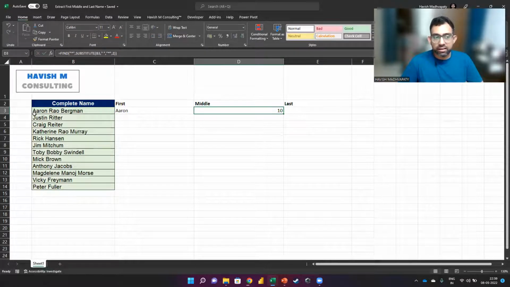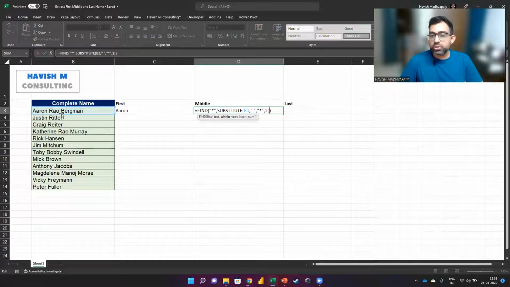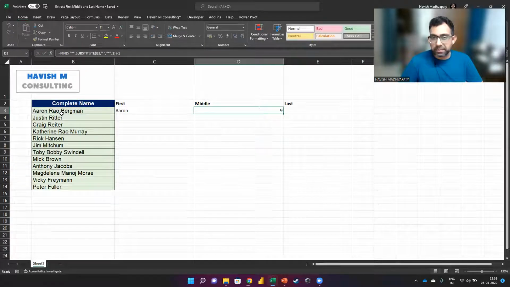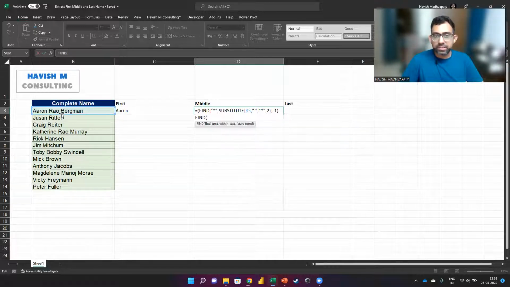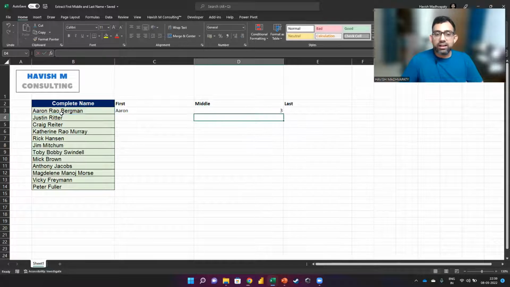The logic is that we have AARON, that would be 5 characters. The space is the sixth character. Then we have RAO, that is 7, 8, 9. And the original space that we converted into an asterisk becomes the 10th character. What we want to do now is to also do a -1 so that we get 9. And from this 9, if I can subtract the position of the first space, that means we find a space in B3